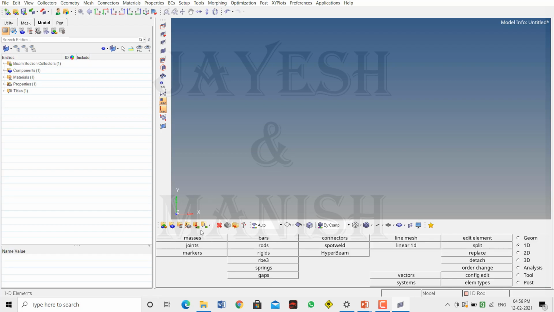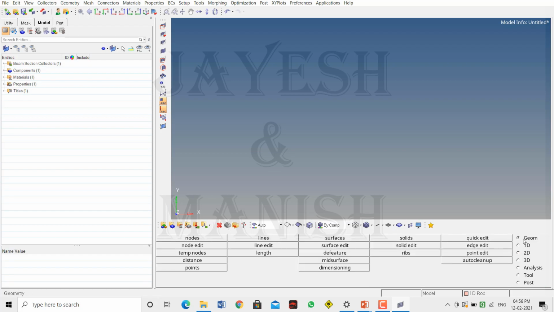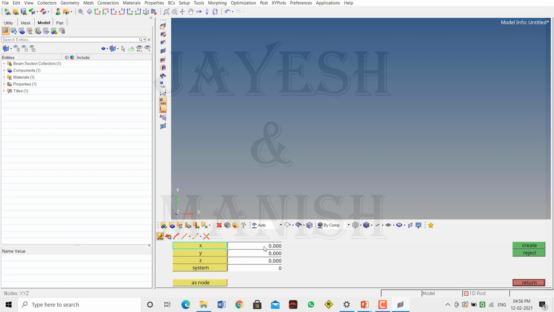Once you do that, the first step after this is creating the geometry. So go to the geometry page, click on nodes. I'm going to create one node at 0, 0, 0, x0, y0, z0. Click on create, and another node at x500, y0, z0. Click on create. Once you do that, the nodes are created. Now just click on fit so that you will be able to see where you have created the nodes,